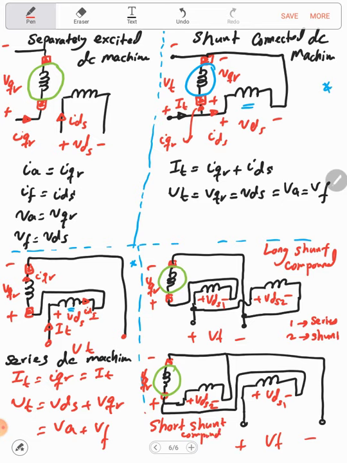Now already we did the mathematical model for the separately excited. I will pick one from those, so I will use the series, and please try to find the model for the shunt, the model for the long compound, the model for the short compound, in the same sense that we did for the separately excited and now for the series connected. Now in the series connected, if you notice here,